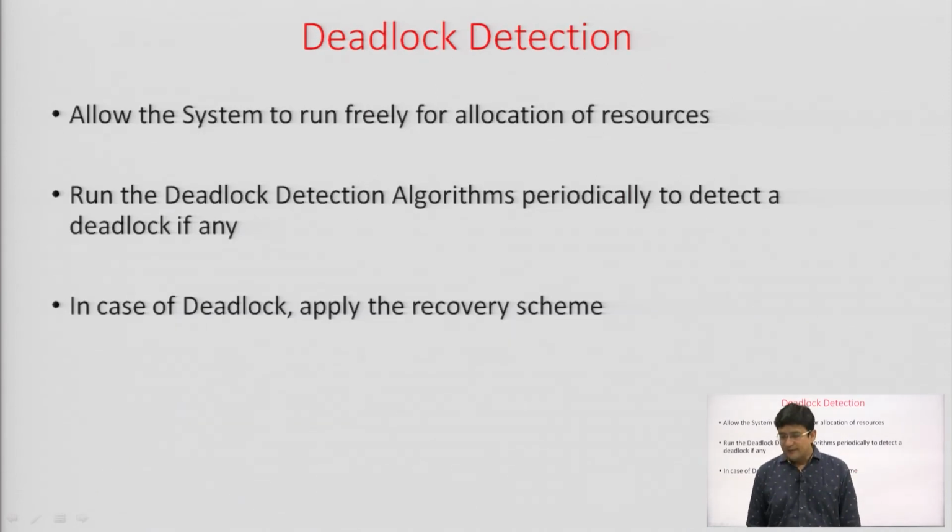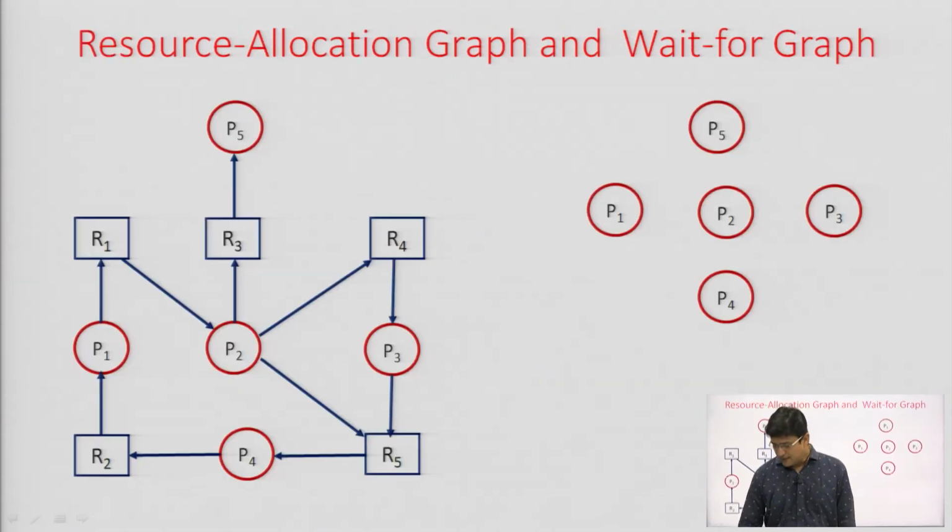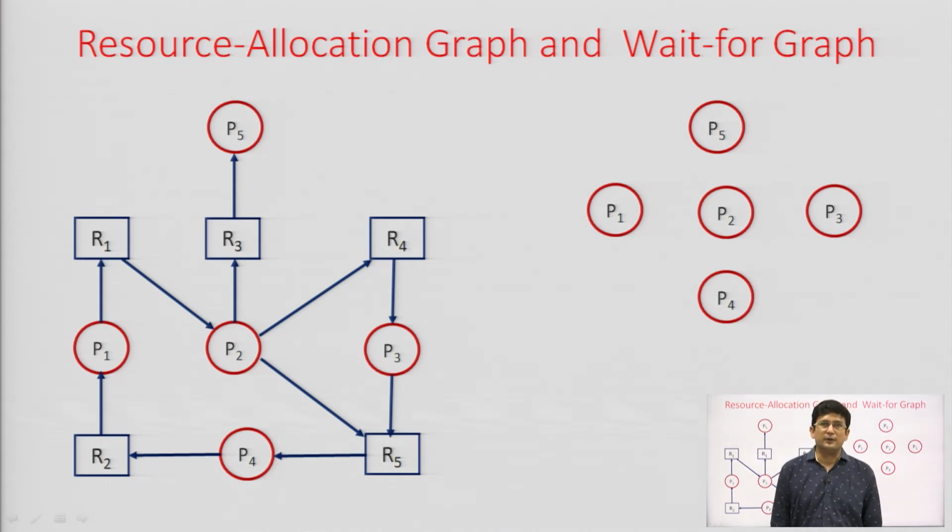The deadlock detection algorithm is also very similar to this. The deadlock detection allocation scheme will freely allocate the resources, and when the resources are given to the process, this may lead to deadlock. You periodically call the deadlock detection algorithm, and that will tell you if there is a deadlock, then take the necessary action. There are two mechanisms by which this can be done. One is for the single unit resource model and one is for the multiple unit resource model.